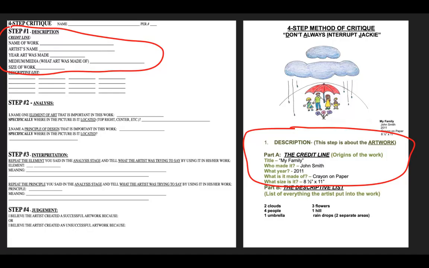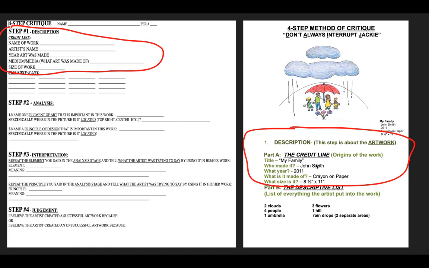After you've done that, then you can take a look at part A of the description phase, which is the first thing you're going to hand in, part A. And this is what part A looks like on the document that I show you. And in the video, I talk about this little picture, and I actually show you how I would start a critique for this picture. So part A of the credit line, part A of description is the credit line, and